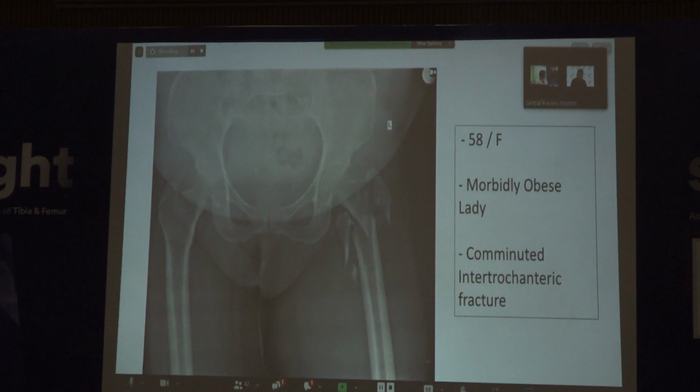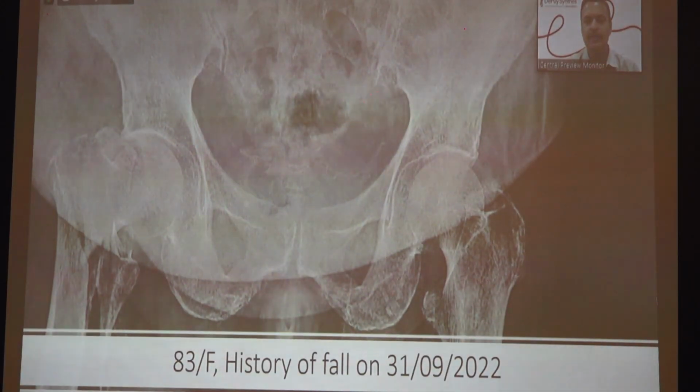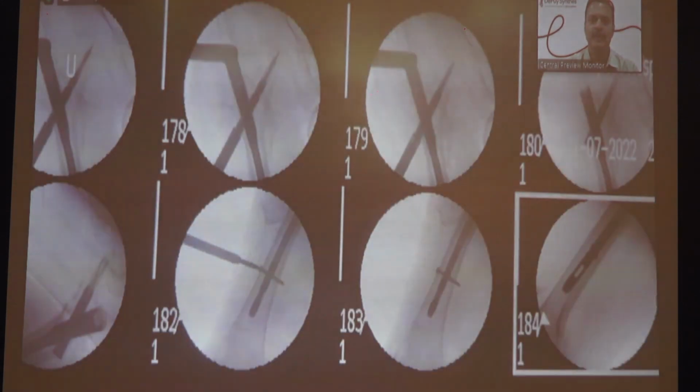Again, a 58-year-old lady, she had a fall and she had a fracture pattern like this. She was a home ambulant lady who would go out using a stick and used to walk around. And we got a relatively good reduction. And we did a long